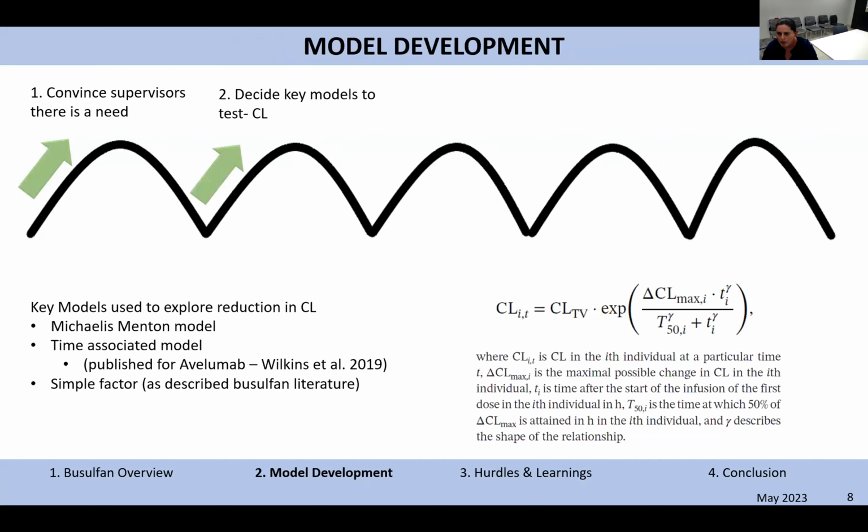So next, we really wanted to focus on how clearance changed over the course of treatment. And so we had to decide on key models to test. We obviously looked at the Michaelis-Menten model, looking at concentration-dependent clearance. And then we also looked at this time-associated model, which had been previously published and is here. It looks at it in a very similar way to Michaelis-Menten. It just pretty much has time from first dose instead of concentration. And then we also looked at simple factor